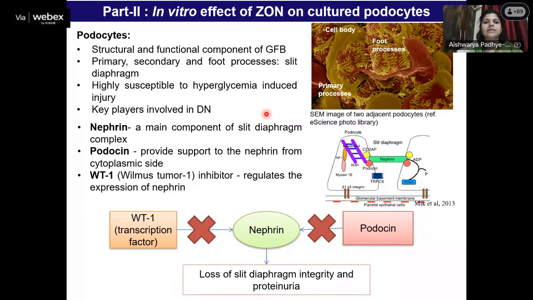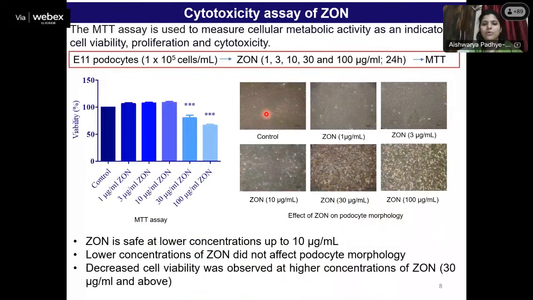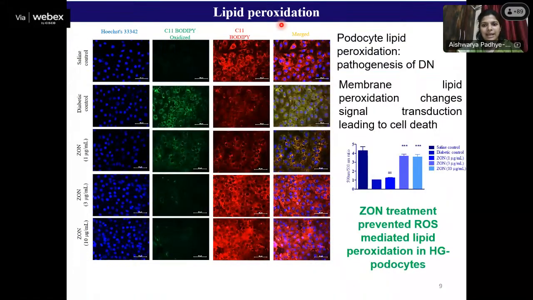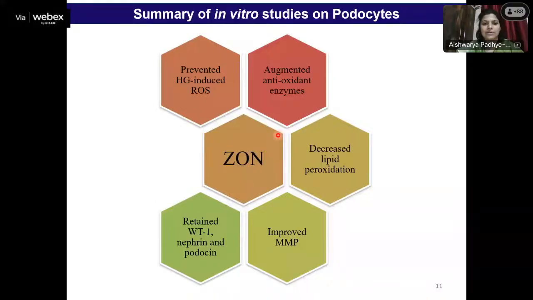So we determined the safe dose of these zinc oxide nanoparticles on podocytes by MTT assay, where we found that zinc oxide nanoparticles were safe up to 10 microgram per ml. So taking this safe dose, we evaluated the anti-lipid peroxidation activity of these nanoparticles, and we found that podocytes treated with zinc oxide nanoparticles showed a decreased extent of lipid peroxidation, improved mitochondrial membrane potential, overall indicating the use of zinc oxide nanoparticles in hyperglycemic condition improved mitochondrial potential, decreased the extent of peroxidation,